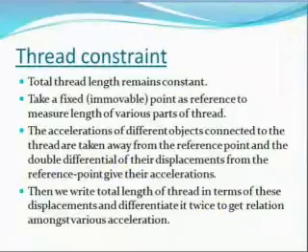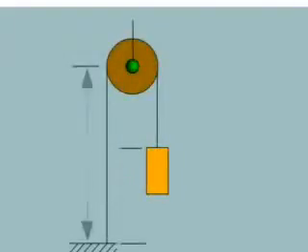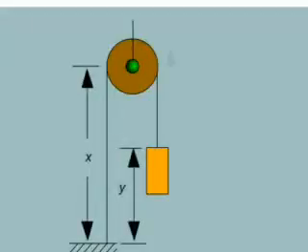Now let me explain this concept further. So as you can see here we have a pulley system. One end of the thread is attached to the ground and it is immovable, and to the other end a block